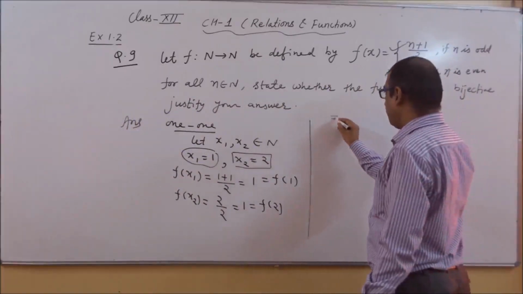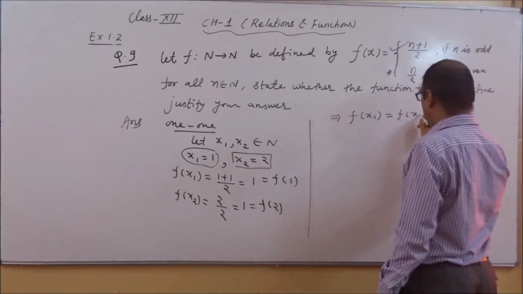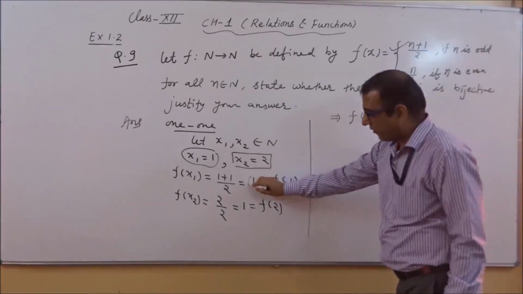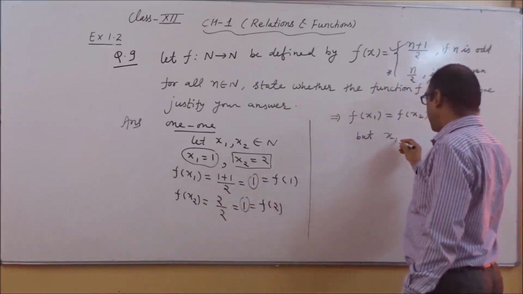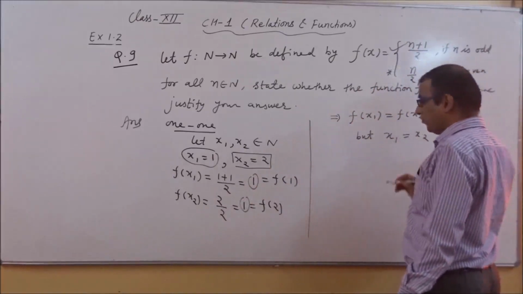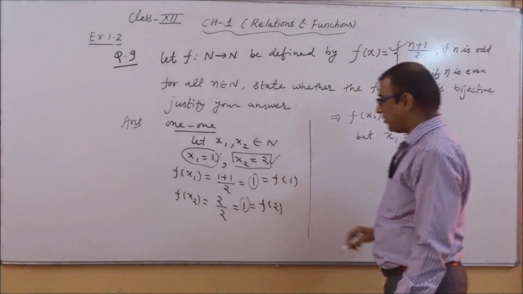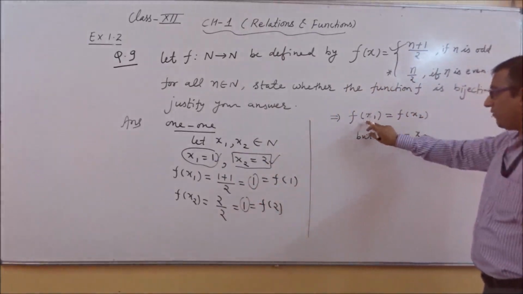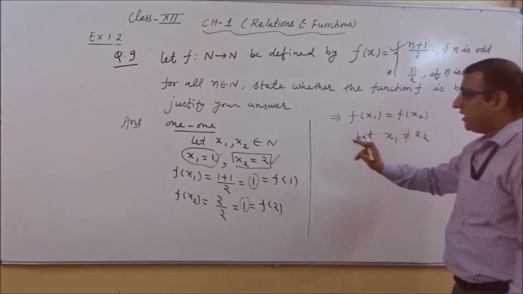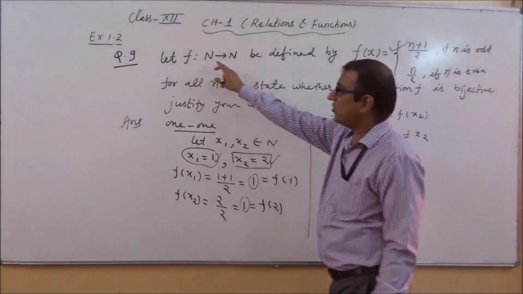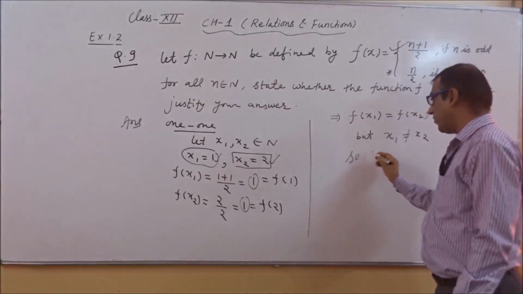So as per the concept of one-one, if we see here, f(x1) and f(x2) are both equal to 1, but one more condition is there. Can we say x1 equals x2? The value of x1 is 1 and the value of x2 is 2. So f(x1) equals f(x2), but x1 is not equal to x2. It means this function from natural numbers to natural numbers is not one-one. So we can say f is